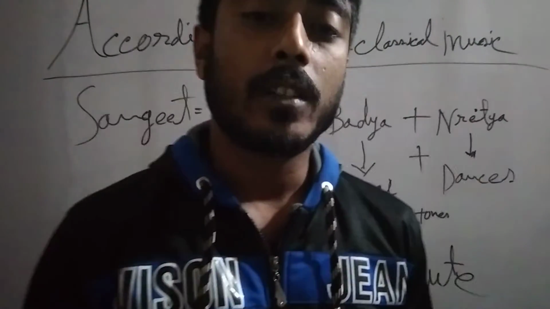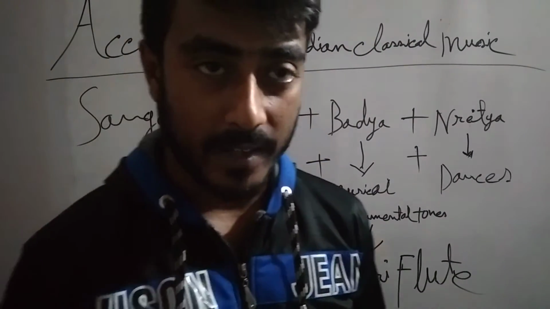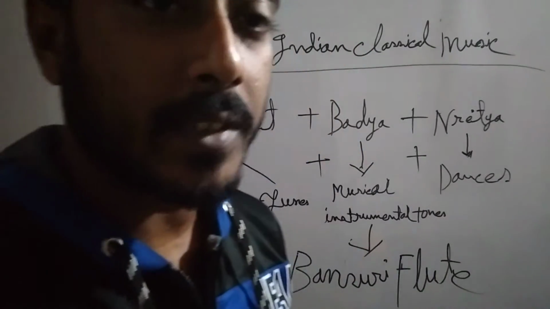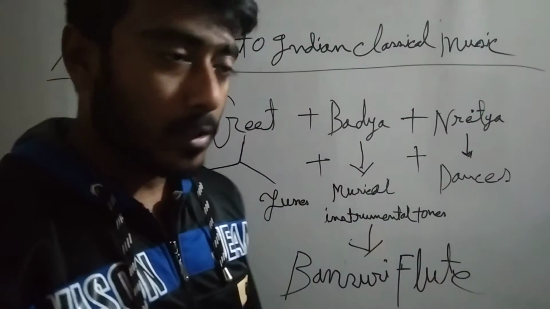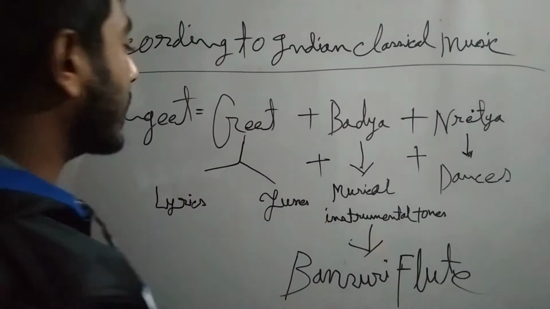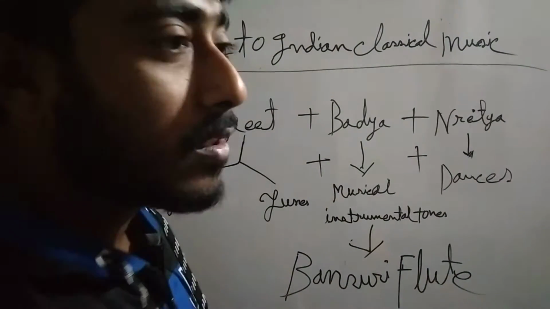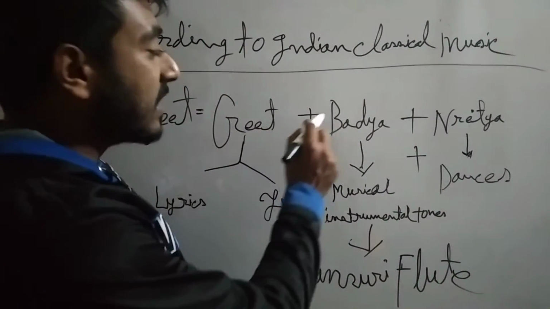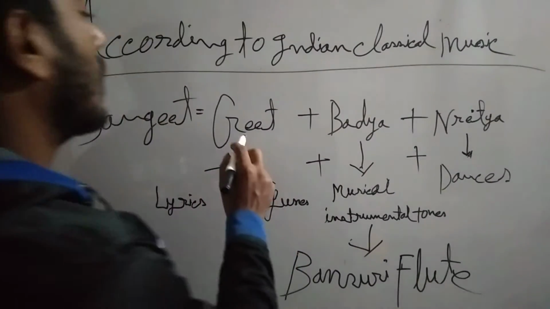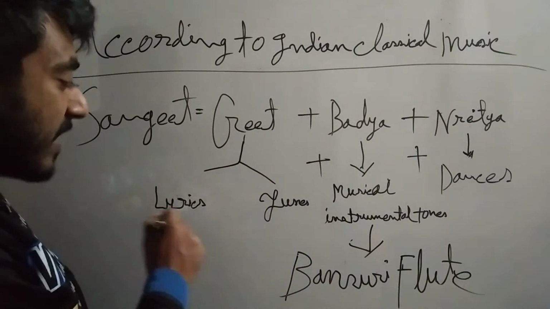I am Kawshik Joardeer. Today I will discuss some articles of Indian classical music. First of all, I will discuss Sangeet. What is Sangeet? Sangeet is the combination of Geet, Badya and Nritya. Geet, what is Geet? Lyrics and tunes